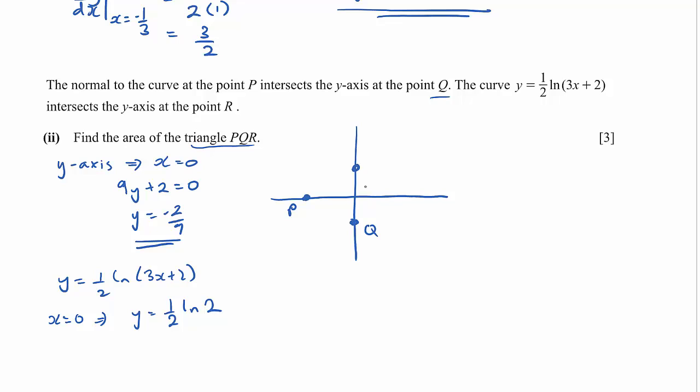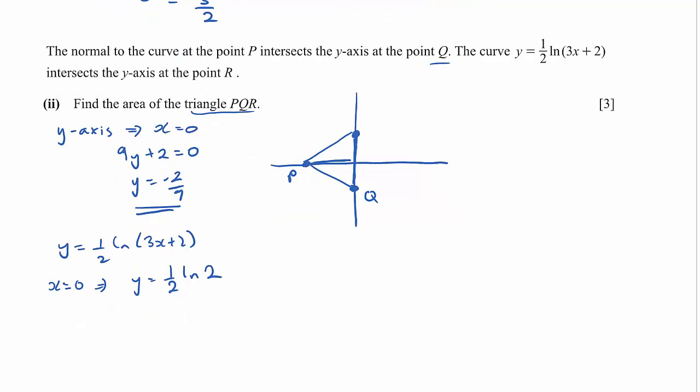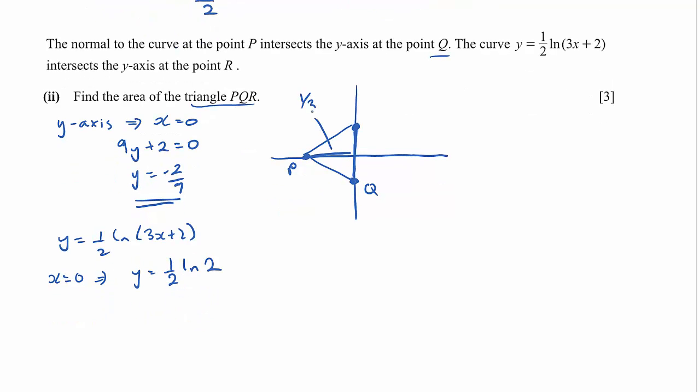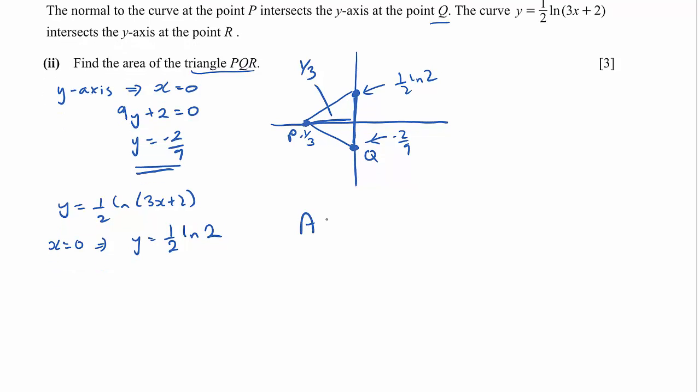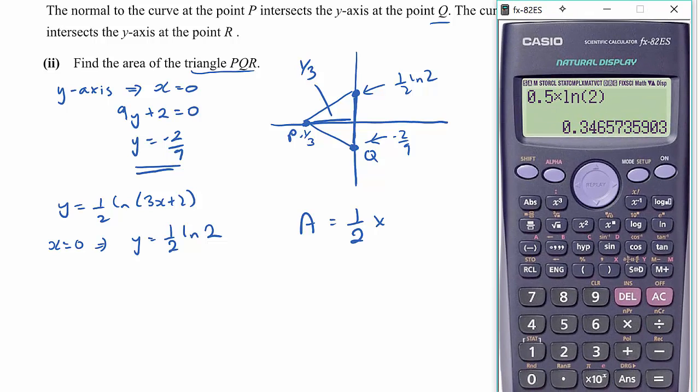And so we could take this as the base and this as the height of this triangle. So the height here is 1/3 because we know the coordinate here is at negative 1/3. And this was at negative 2/9. And this is at 1/2 ln 2. So the area is going to be 1/2 times the base, which is the last answer I've got on my calculator here, add 2/9,